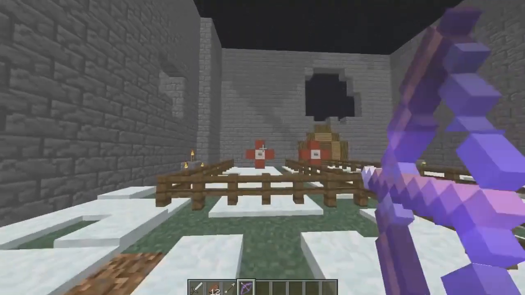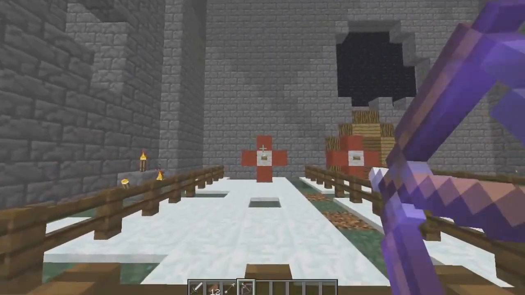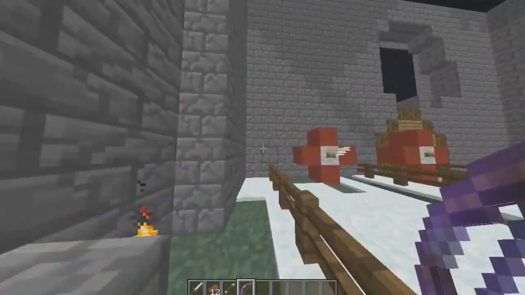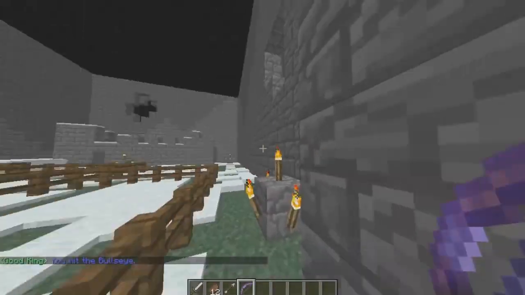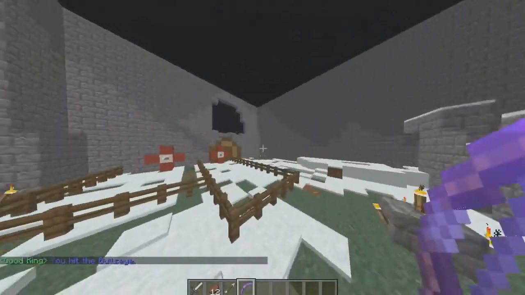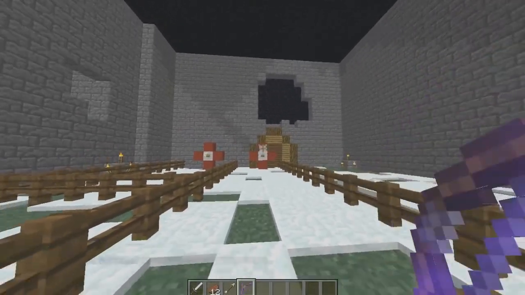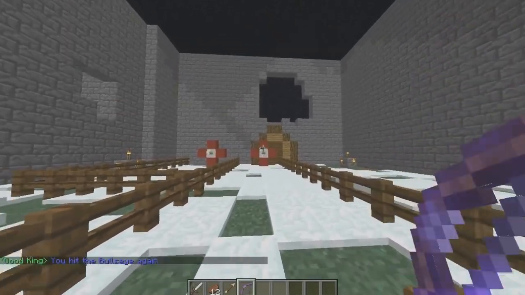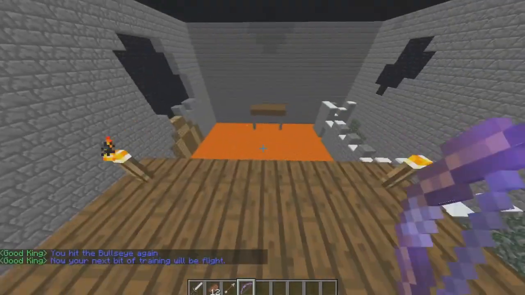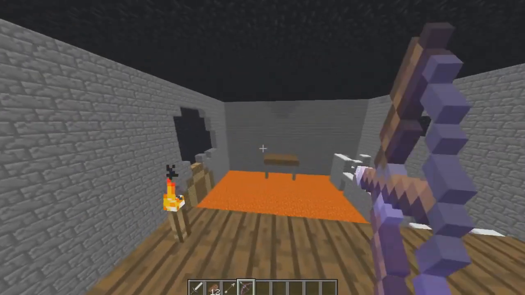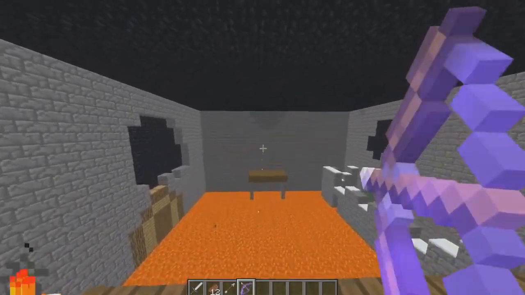Max is now in bow training. He's going to try and hit these arrows into the bullseye. Go a little lower. Try a little lower. There you go. It's not easy. Like I said, Max and I both really enjoy a good challenge. There we go. And this is the last one. This is flight training. That's why you don't get the chest plate, because it gives you the elytra. Now you've got the elytra, and you've got to try and make it over to that other platform over there. So here we go.